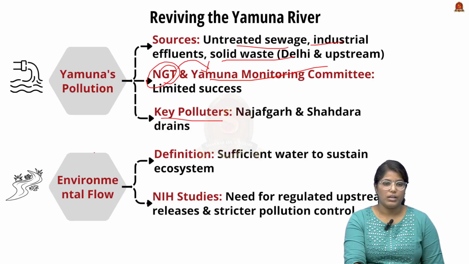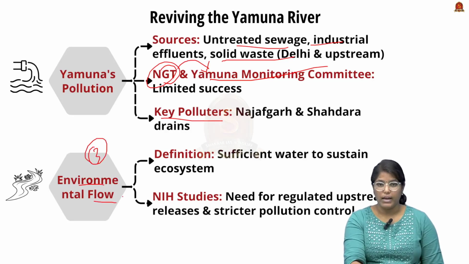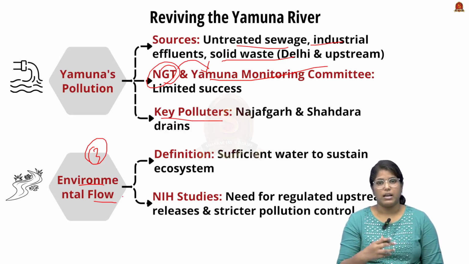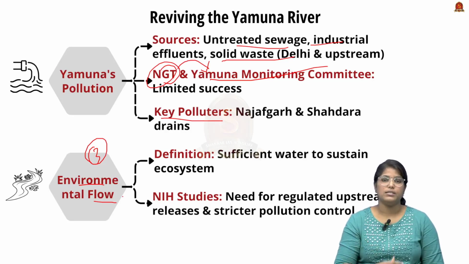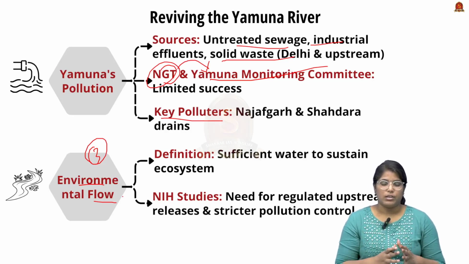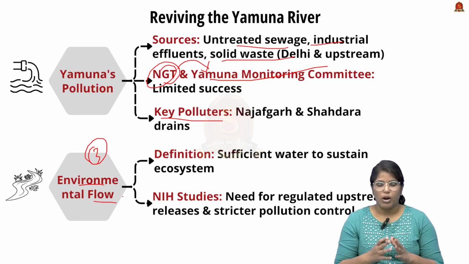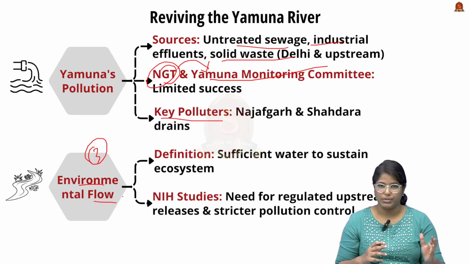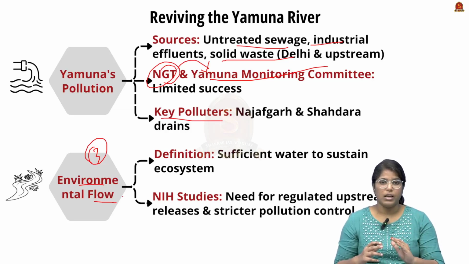Now, the third important key term that you have to remember is the environmental flow. Environmental flow is nothing but the quantity of water that is required for the river to maintain its ecological balance. So what happens when the quantity of water declines is it loses the ability to digest or dilute the particular pollutant. The water is extracted for drinking water purpose as well as the industrial purpose. So the quantity is reducing. While the quantity is reducing, the quality is also being compromised.